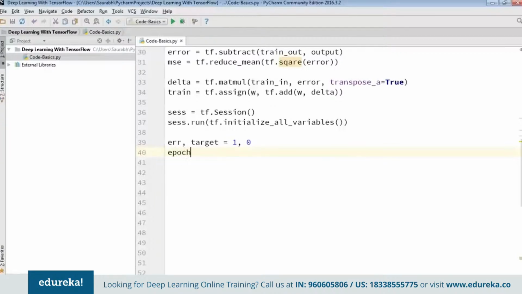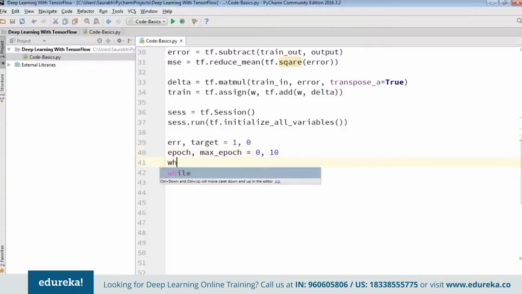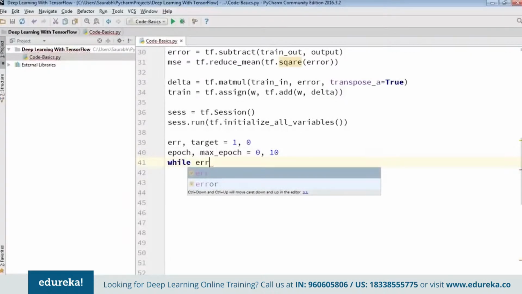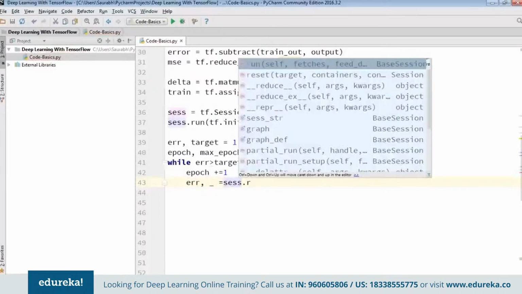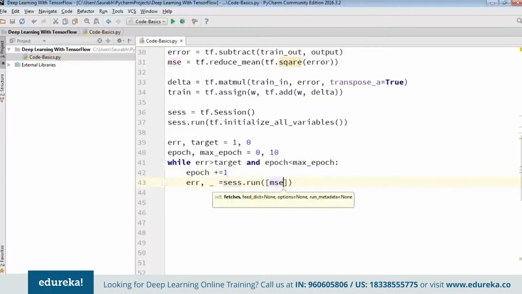So I'm going to type in here epoch, or you can give whatever variable name you want. And I'm going to type in here max_epoch equal to 0 comma 10, which means that it'll start from the 0th epoch and our maximum value of epoch will be 10. Now I'm going to define while ERR is greater than target and epoch is less than maximum epoch, increase the value of epoch by 1. Then we're going to type in ERR equals ses.run mean squared error comma train,